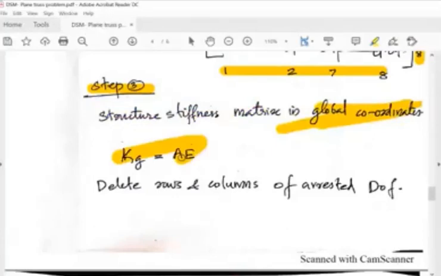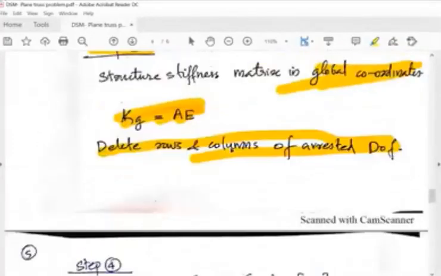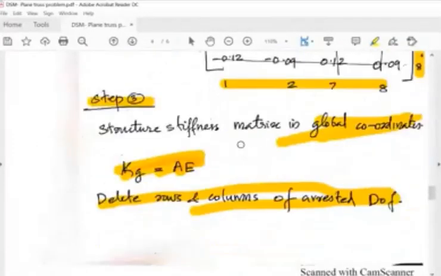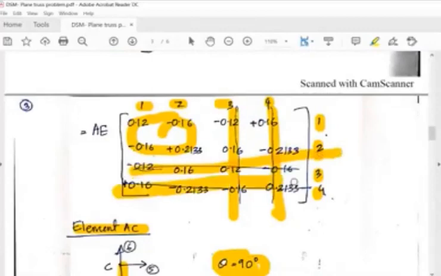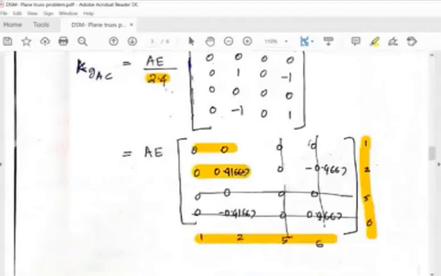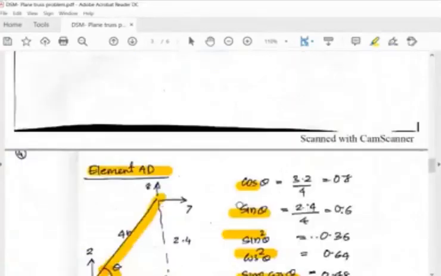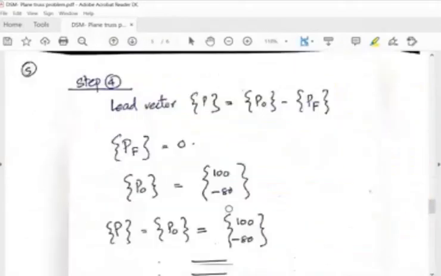So KG, sorry, this is not there. So delete rows and columns of arrested degree of freedom. I think I've missed that step. So AE into, you can add these all. This 1, 2, corresponding, you can delete 3, 4 here, and you may add this 1, 2, 1, 2. Then for element AC also, these 4 terms will be only remaining. Then here also you can delete for 7 and 8. Okay, and this 1, 2 only will be remaining, and you have to add, and you will get the matrix